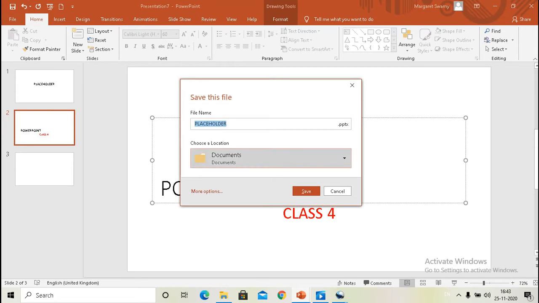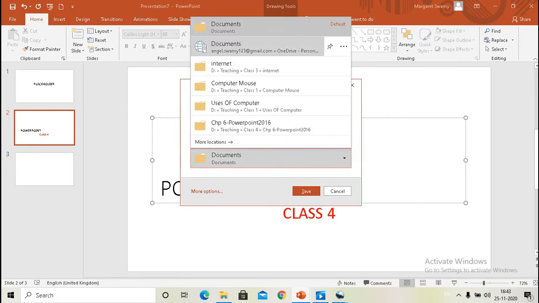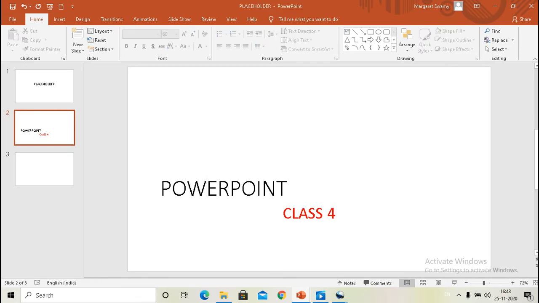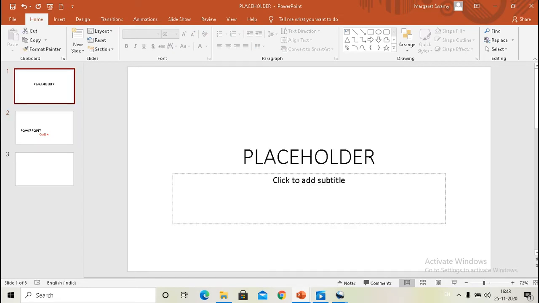Now you can select the folder where you want to save. You can see the name is already mentioned here, placeholder. I didn't type it, but whatever is written in the slide, it takes that and saves it.